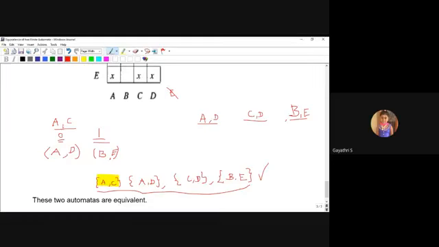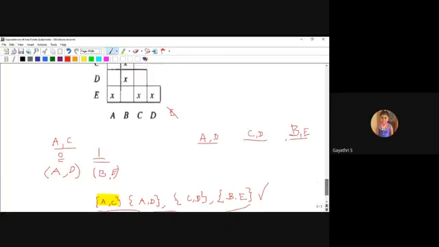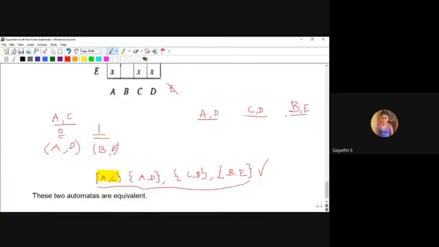I just covered the AC combination. The pairs are AD, BE. Both pairs are unmarked only. AD is unmarked, then BE is also unmarked. That is why AC is unmarked. Now in the same way, you do the pairs AD, CD, BE. If you are able to find any marked pairs, okay, I think not. You are just verifying it. Take a paper and do it on your own, checking whether these four pairs are equivalent or marked.